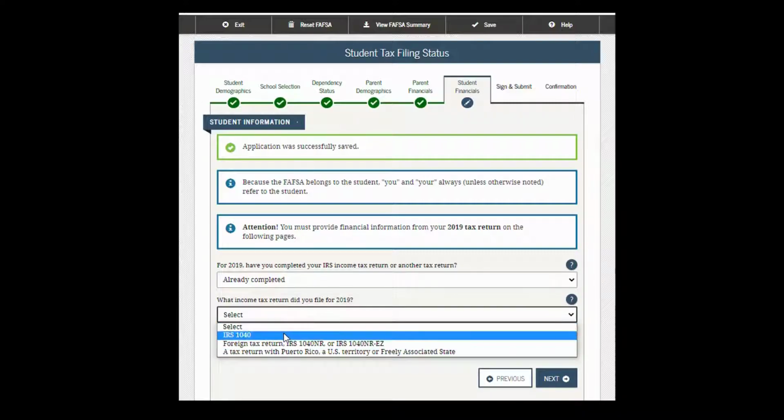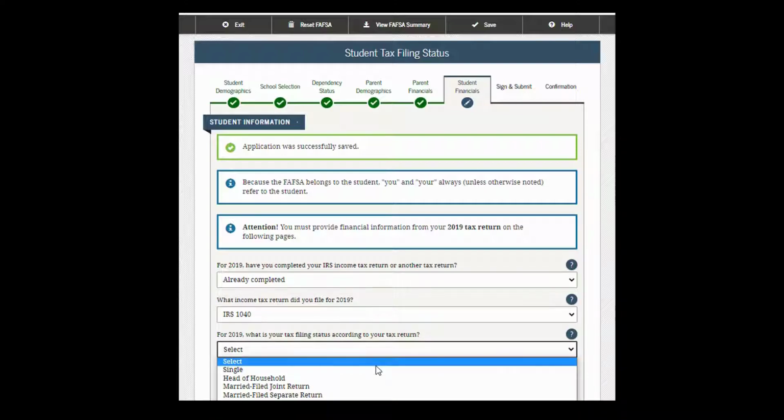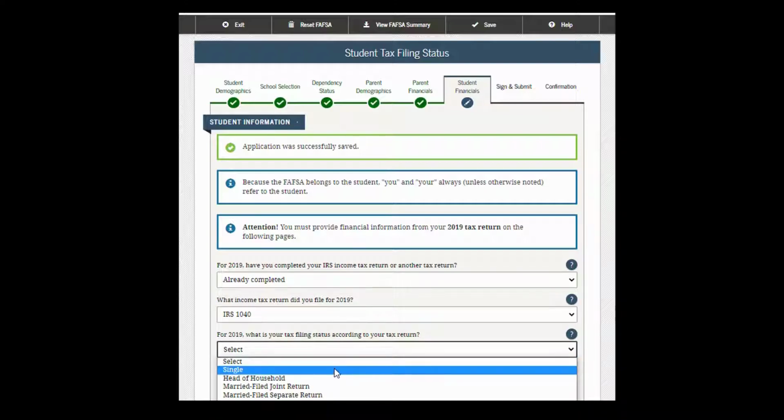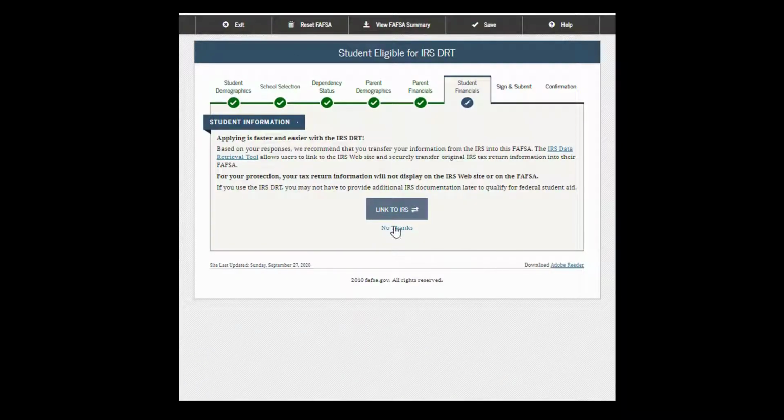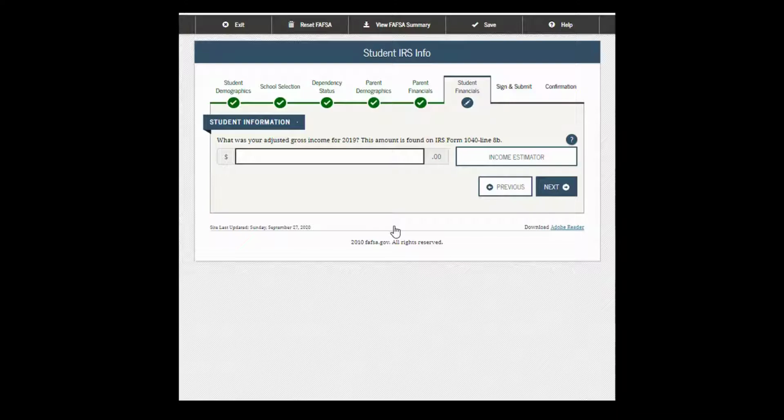So I'll do 1040 for the student. Click single. You can also do the link to IRS here for the students, which I would recommend. It's just a little quicker. And since we have to put it in manually, I'll just put in